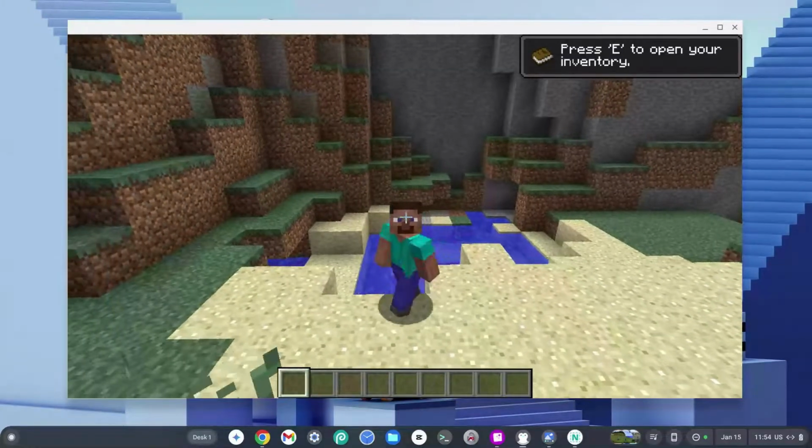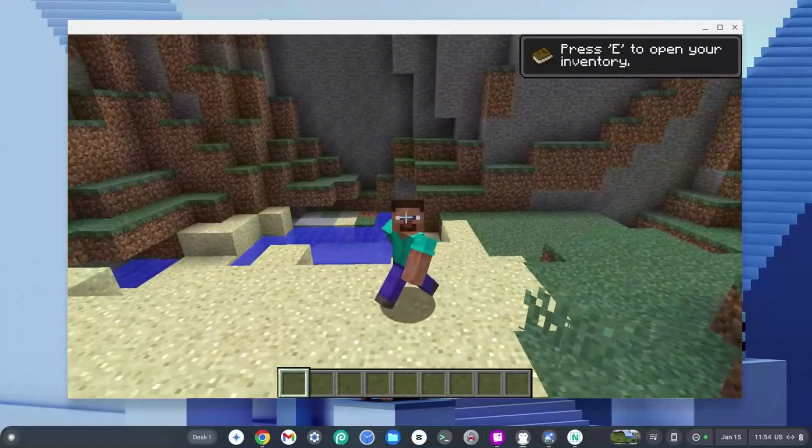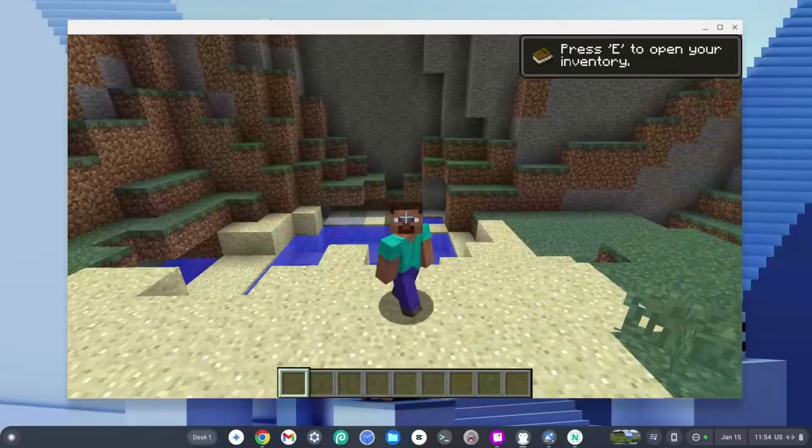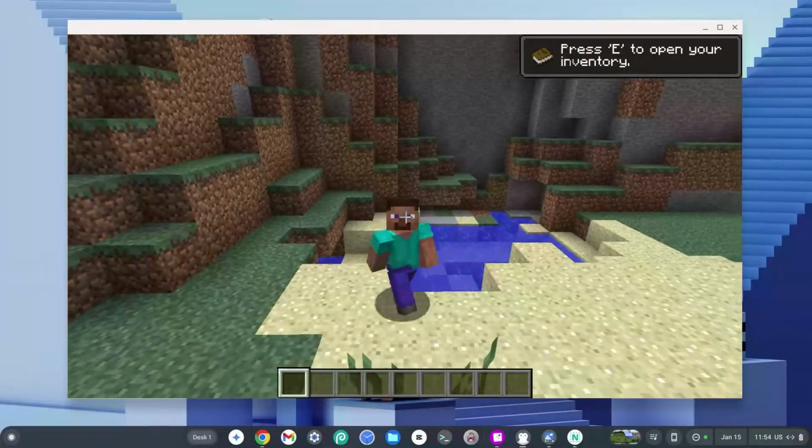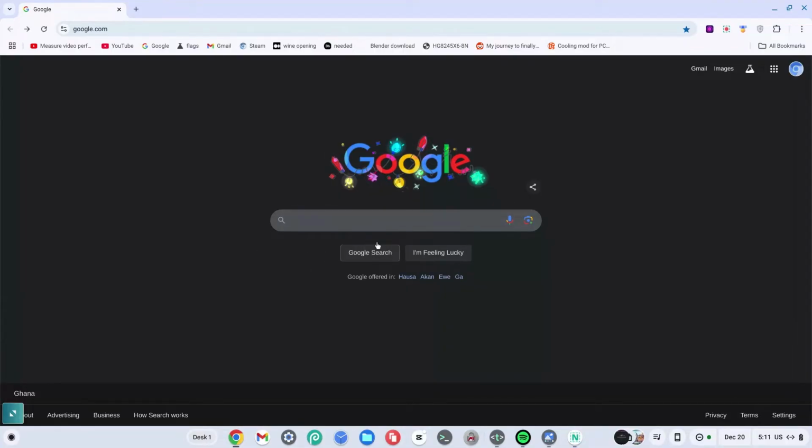How to play Minecraft on school Chromebook 2025. Now here is Minecraft working on my Chromebook. In today's video, I'm going to show you how you can get Minecraft working on your Chromebook. Let's dive right in. Now the first thing you want to do is go ahead and